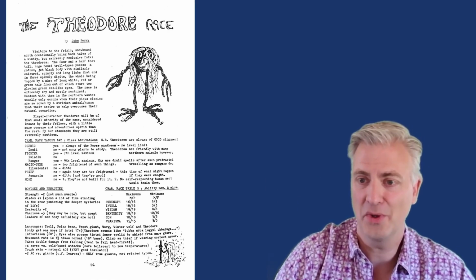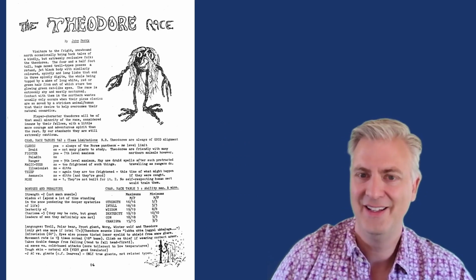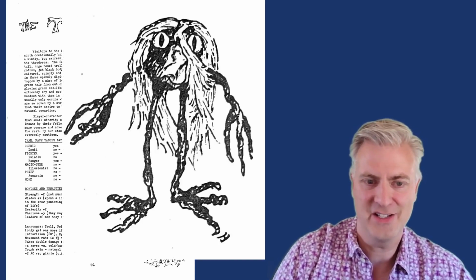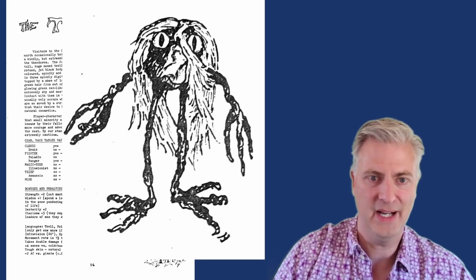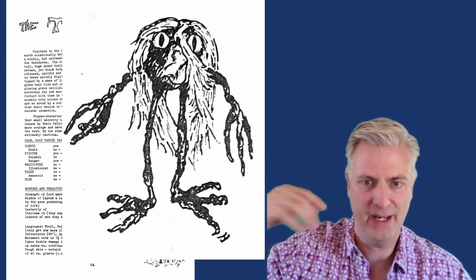Okay, here's another really fun article. This is the Theodore race. This is for Dungeons and Dragons, and he gives you the artwork a little better. This is John Grandidge's artwork. John Perry does the writing. So this little creature, which has long arms and legs and a little tiny bird-like body with some hair, right,